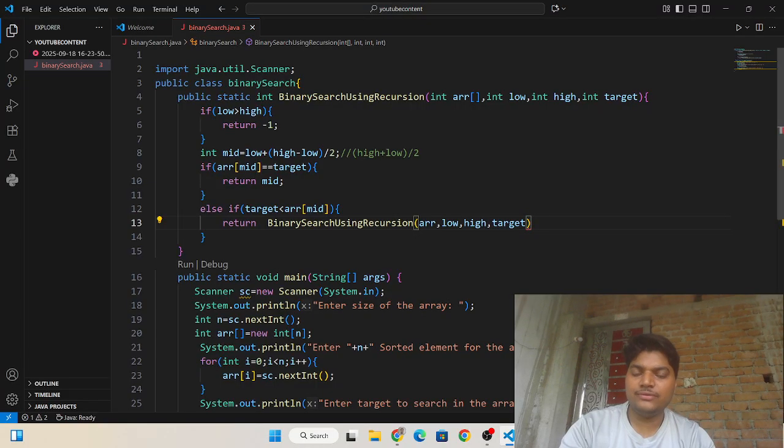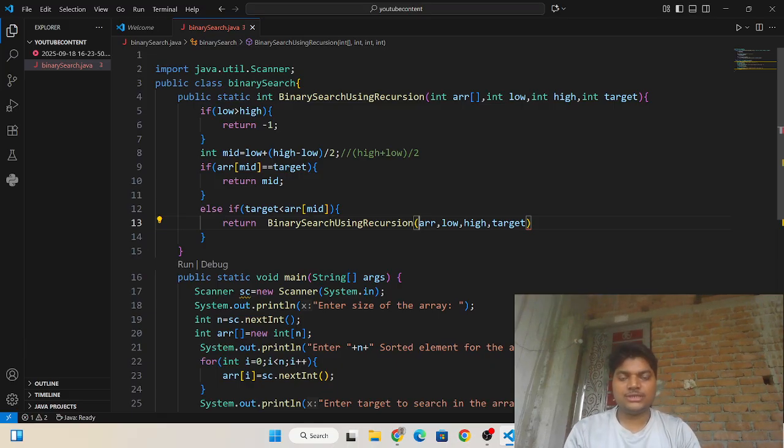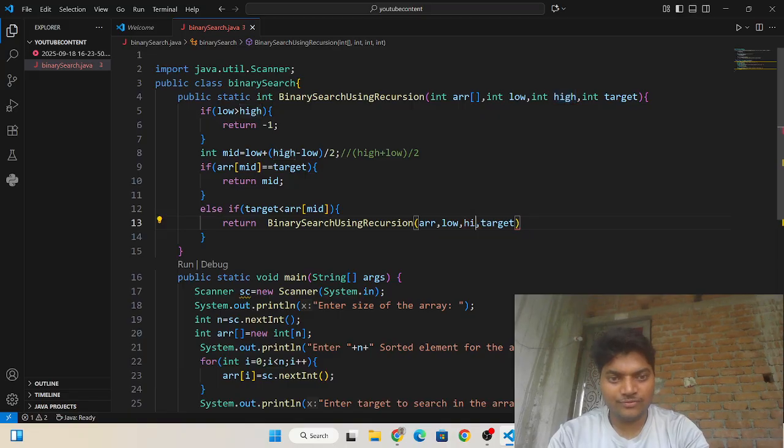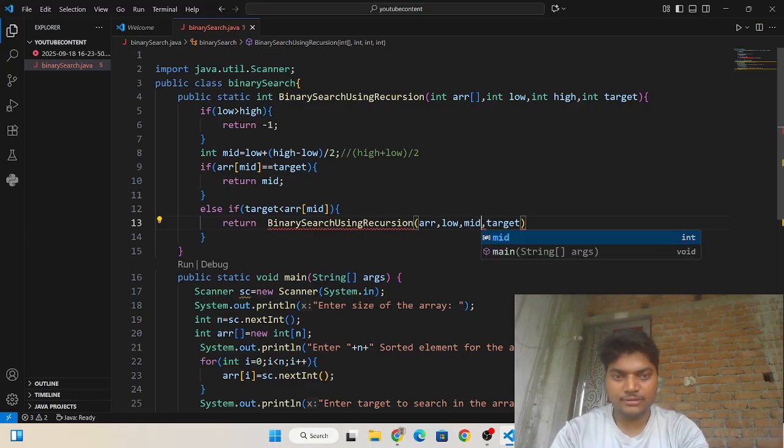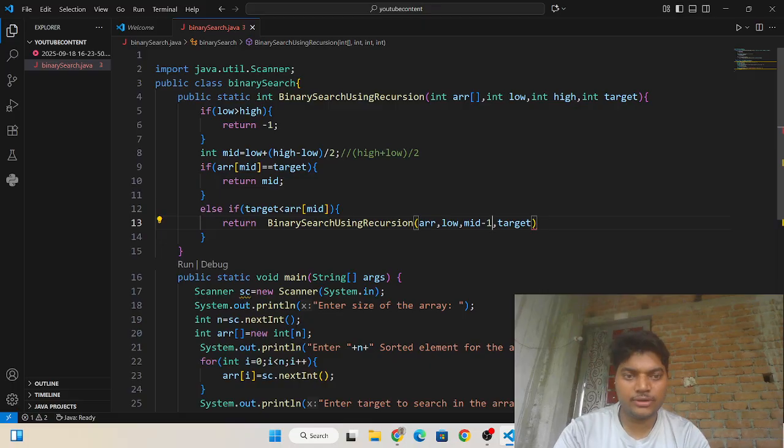If the target element is less than arr of mid, it means high should move to the left side of the mid element. So I need to modify high to mid minus 1, and here should be a semicolon.